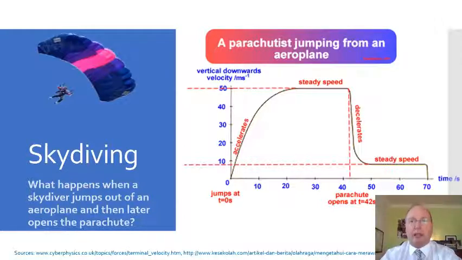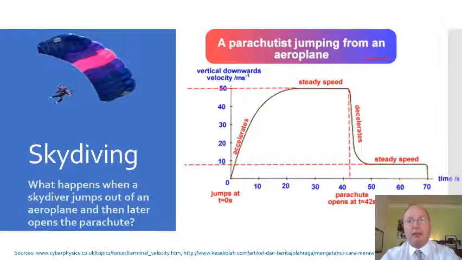at 50 meters per second. And this is called the parachutist's terminal velocity. Now we need to be very careful. The terminal velocity is not zero, it's 50 meters per second downwards. That's moving very fast towards Earth. And the parachutist has to realize that at some point he or she needs to pull the ripcord and open